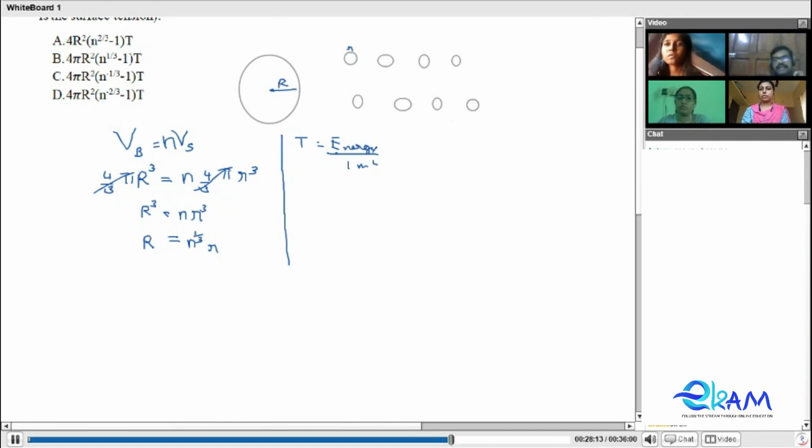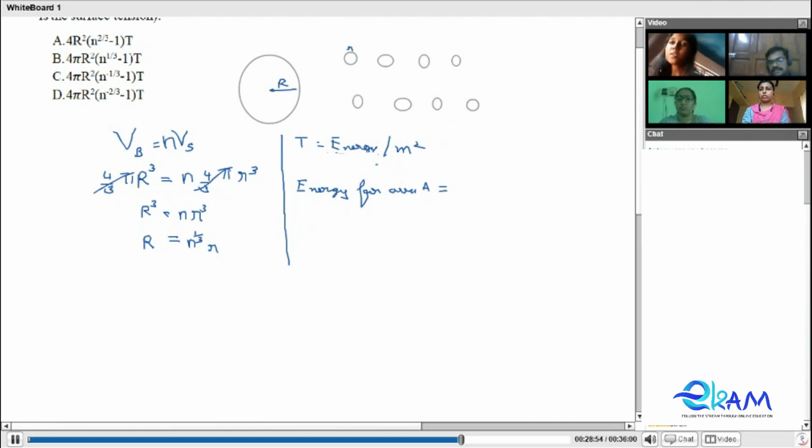So what is the energy of a drop having surface area A? Anupama said that the surface tension is the energy of a drop per meter square. Now, what is the energy of the drop for an area A? This question is for Sonia. So, what is the total energy of the drop if it has an area A?